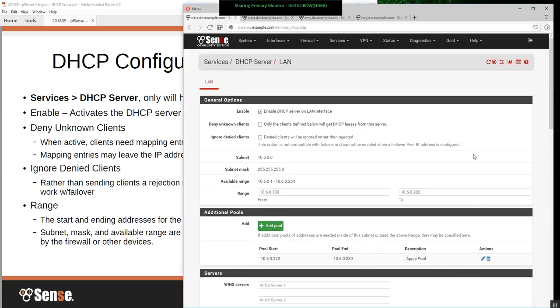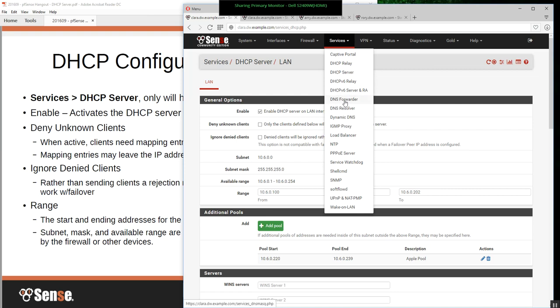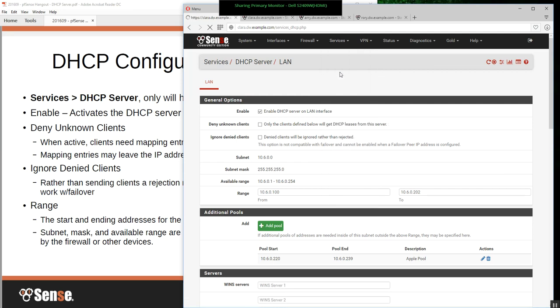First up, this is under Services in DHCP Server is where the options are. And you will see one tab here for every static IP interface you've got. So if you have a static IP address on your WAN, you'll see a WAN tab here, but you wouldn't want to enable DHCP on your WAN. Like if you're LAN, DMZ, phones, whatever, each of those is going to show on their own tab. When you check enable, that will enable the DHCP server for the LAN interface,